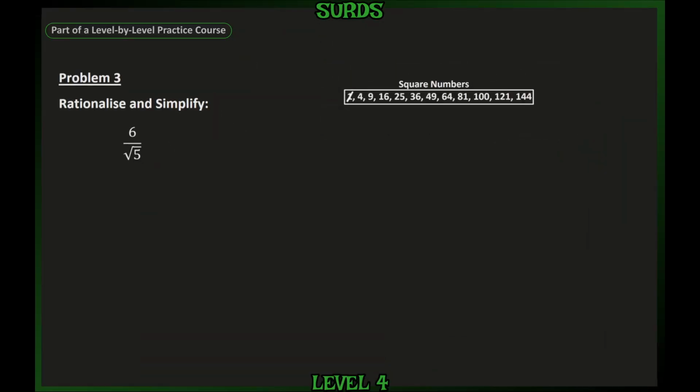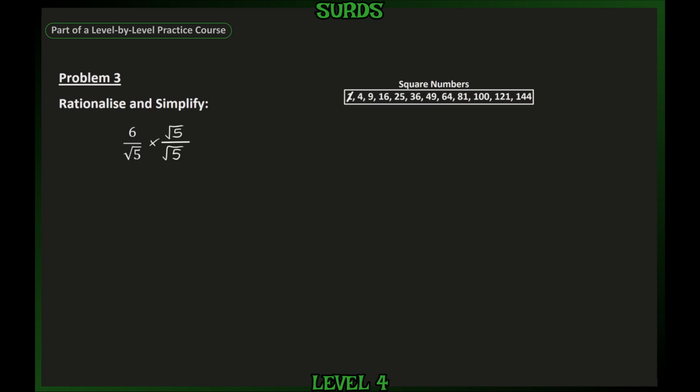In problem 3, we're rationalising and simplifying 6 over the square root of 5. Now to rationalise means to remove the surd from the denominator. And we can remove the square root of 5 from our denominator by multiplying it by itself, because whenever you multiply a surd by itself, the square root part disappears. Now if we multiply the denominator by root 5, we have to do the same to the numerator to keep